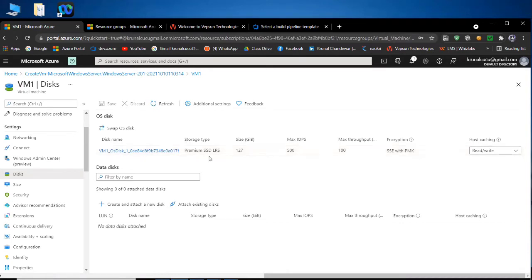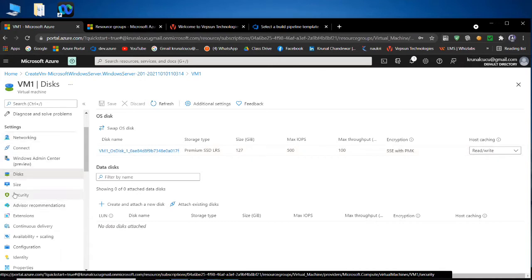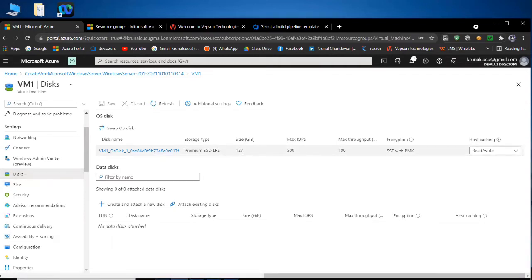I will tell you about premium SSD and standard SSD in the next portion. First I would like to tell you about this. If you are not happy with this 127 GB of hard disk, or if you want more, you can create and attach new hard disks here only. How?